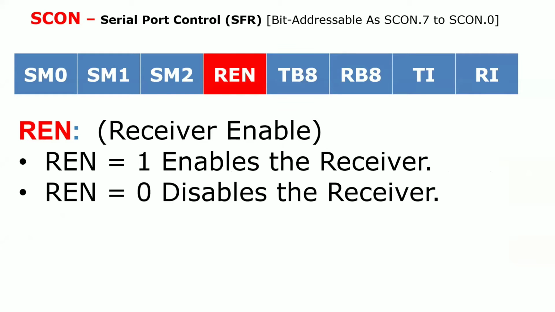The next one is receiver enable. Whenever you want to receive the data, you must enable the receiver. That is why it is called receiver enable. If you don't want to receive the data, you can disable the receiver. That means you don't get the data, even if the other person transmitted it. Some students ask me, sir, why is there no transmission enable? Obviously, come on, if you have common sense: if you don't want to transfer the data, don't transfer.